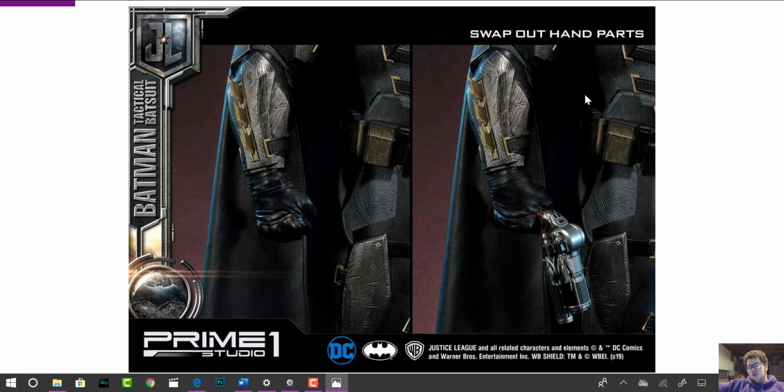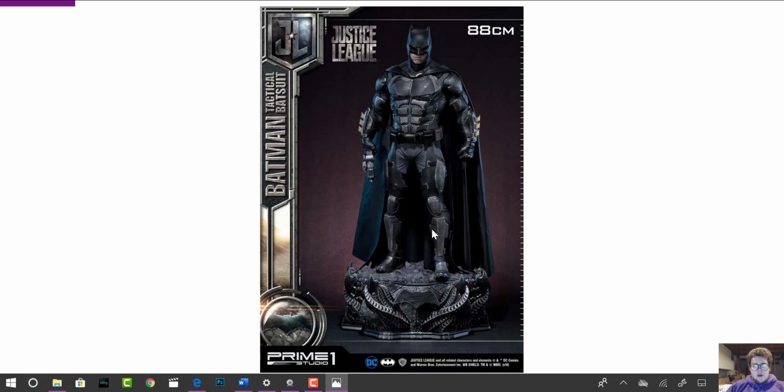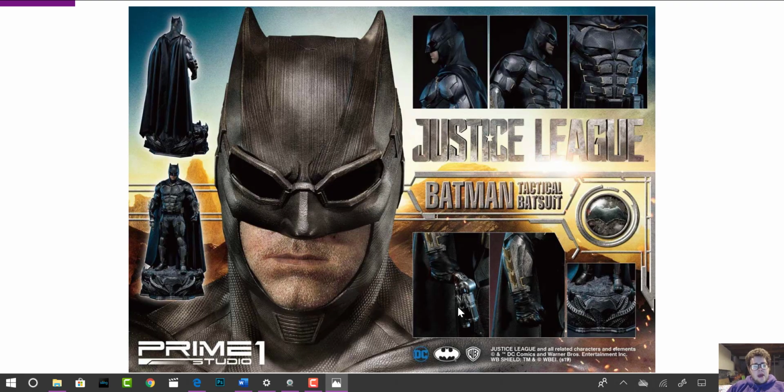Here's going to be the swap out hands for the regular edition, as you guys can clearly see. Just the grapple gun is all you really get. I don't really know why I put that back, so I did not mean to add that. And then here will be the last photo without the deluxe before we get to the deluxe. This is everything you get. 1 head, 2 different hand options. And yeah, this will be